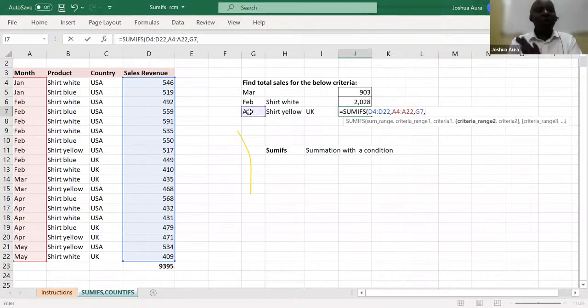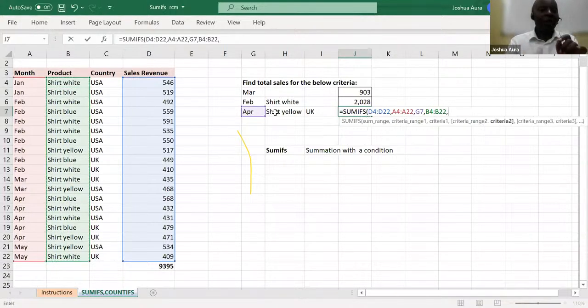Remember, I've got two more conditions. I have shirt yellow. So shirt yellow is the next criteria, but I cannot attack it directly. First of all, I attack the house. Where is it housed? Shirt yellow is under the shirts here. So first of all, I have to build the entire house like that. I highlight the entire house. I say comma,